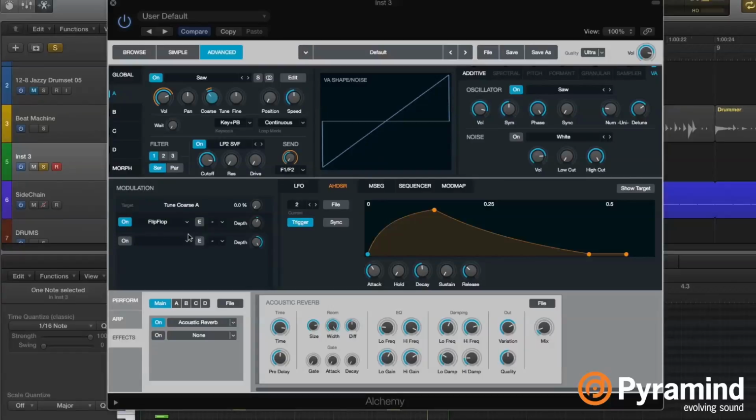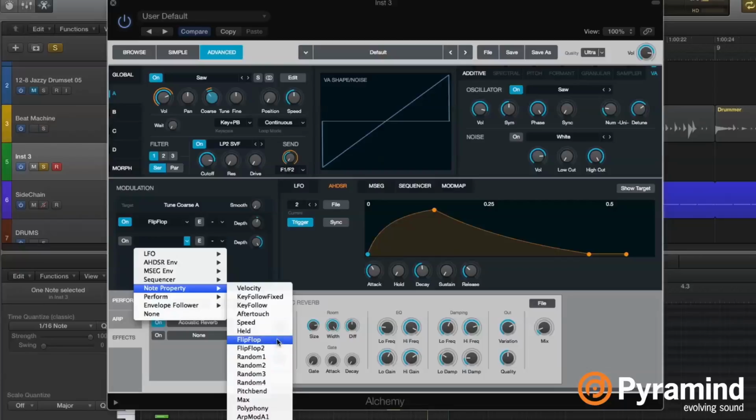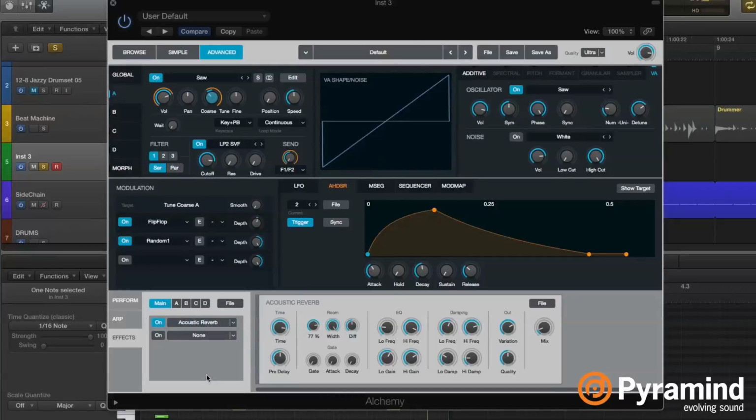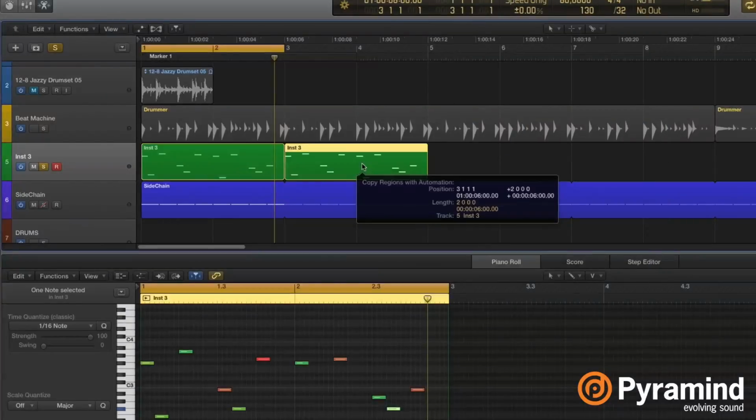There's a flip-flop modulator, and if you go to the node properties, here you find these flip-flop options, and we have 2 of them. The first one will flip the amount of modulation for every other note, and flip-flop 2 will do that for every 2 notes. And I shouldn't load that one there. So if I have this one, I'll just quickly